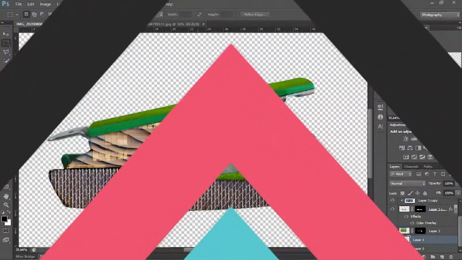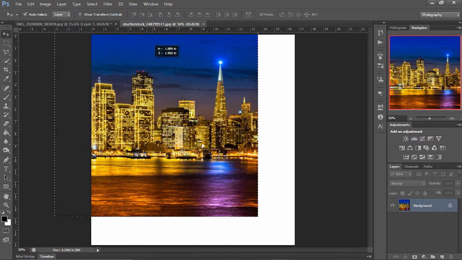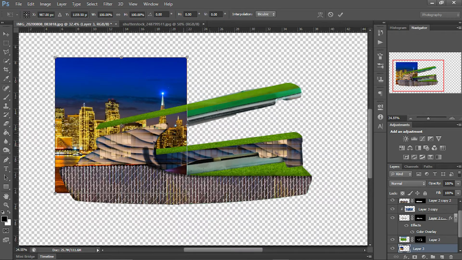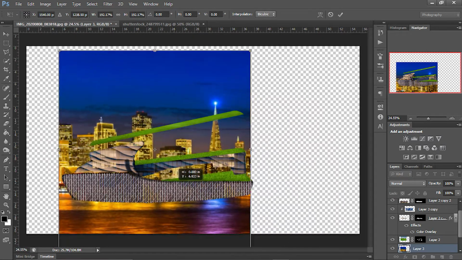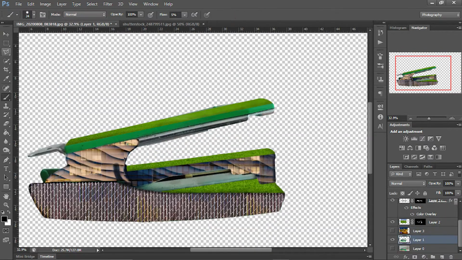Guys, now we are on the last part to complete the building. Keep the patience, as at the last we will add the background, and it is the most important thing to create the perfect image. So here I am adding this building view. I want the light of these, and I transform it perfectly where I want the light, the same way I did it.